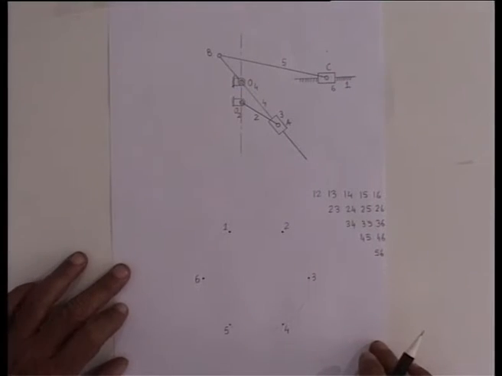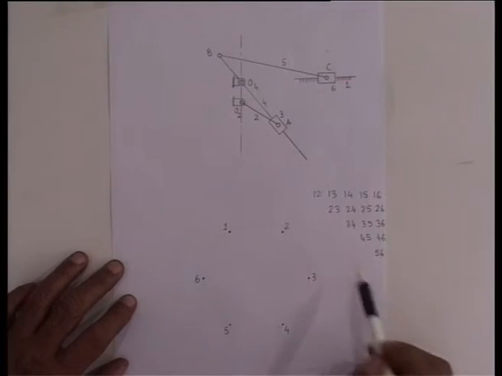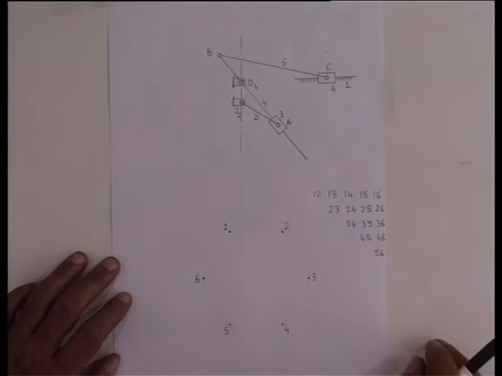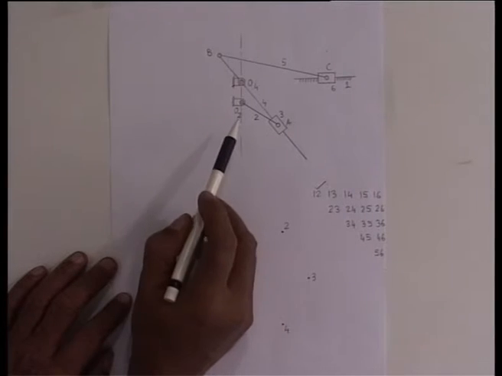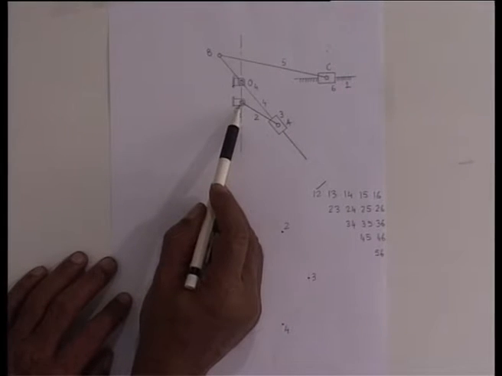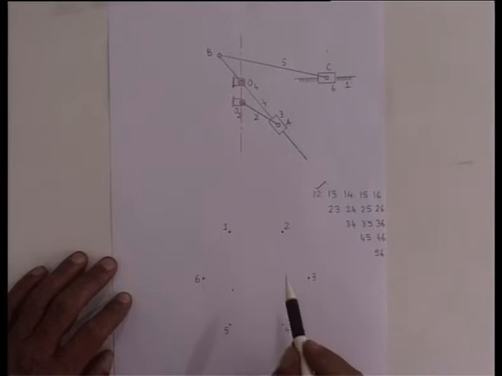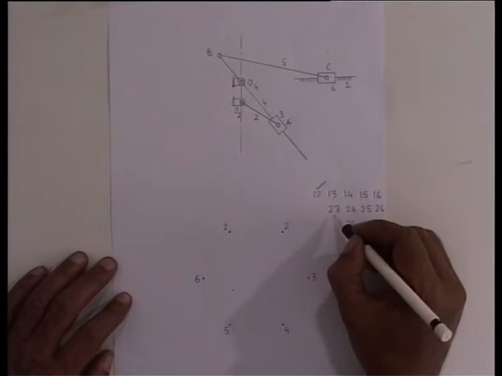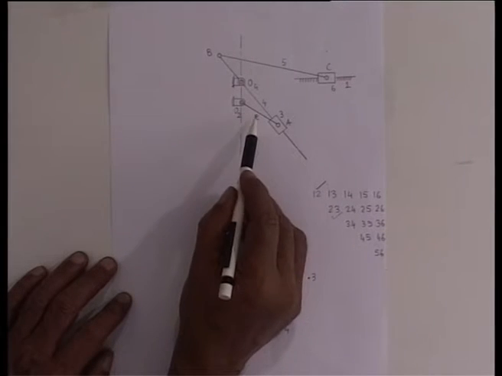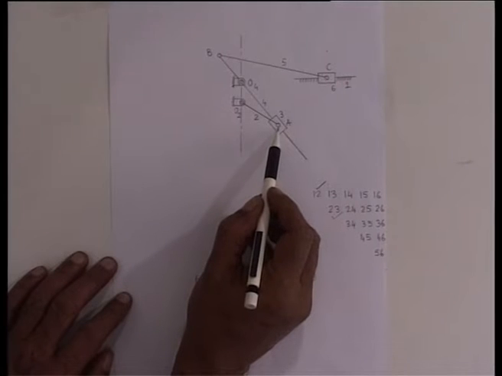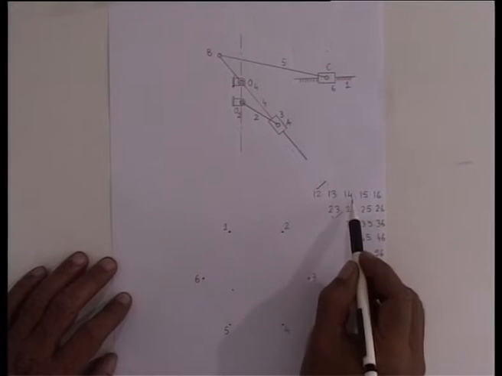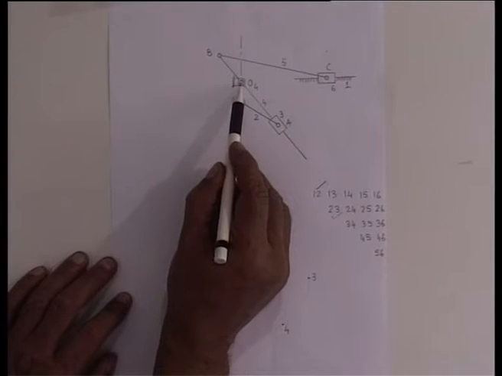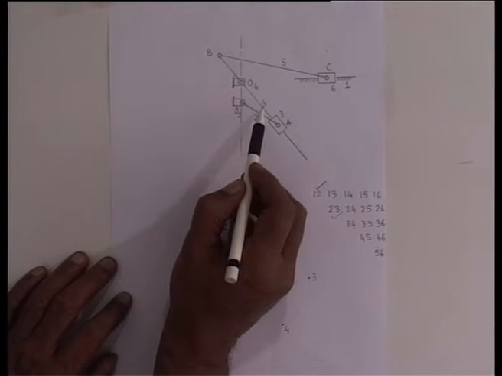At the second stage, let us now try to locate all those relative instantaneous centers which can be easily obtained by inspection of the kinematic pairs. For example, 1 2 is easily located at the revolute pair between link 1 and link 2, that is at O2. Similarly, 2 3 is easily located at the revolute pair connecting link number 2 and 3, that is at this point A. 1 4 is easily located at O4, because that is where the revolute pair between link 1 and link number 4 is.